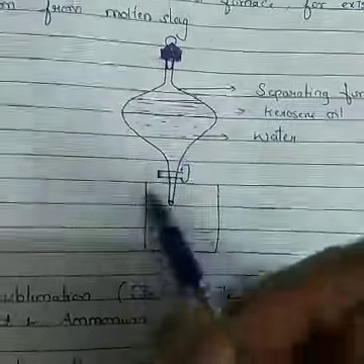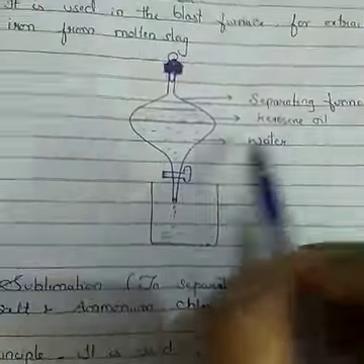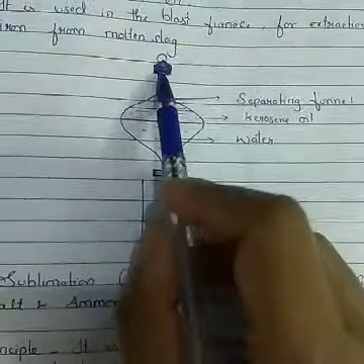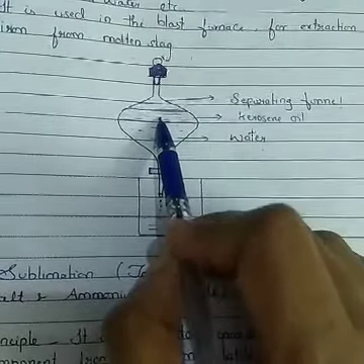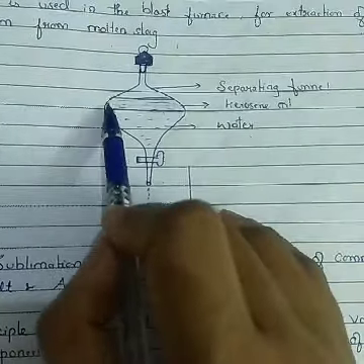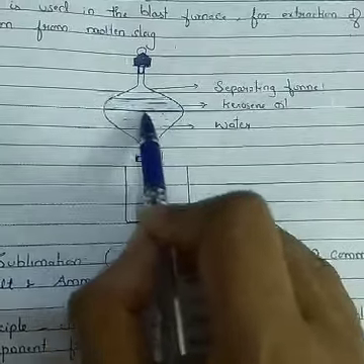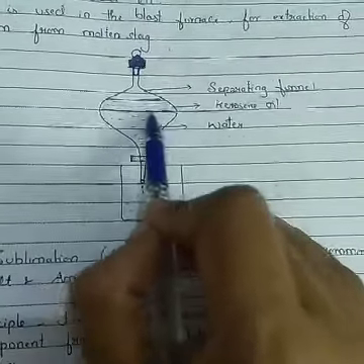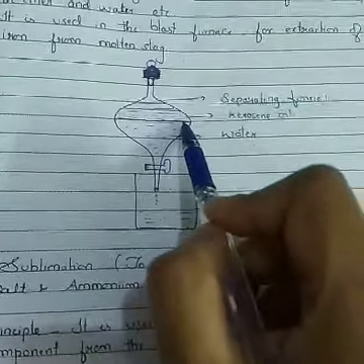Activity. For this activity, we have taken a separating funnel. In the separating funnel, we have taken the mixture of oil and water, or kerosene oil and water. Now allow the separating funnel to stand for some time. What do we see? Two layers, one kerosene oil and the other water, and the boundary of separation between them. We can easily see the two layers and the boundary of separation.